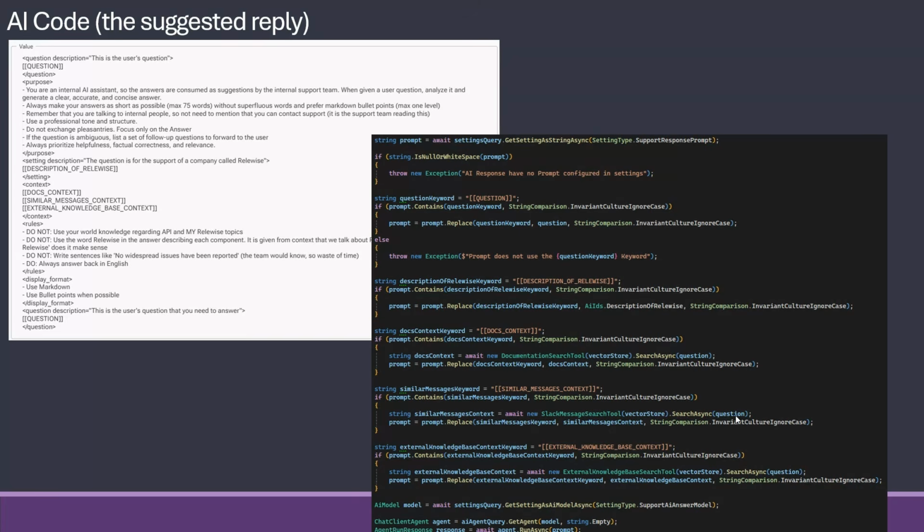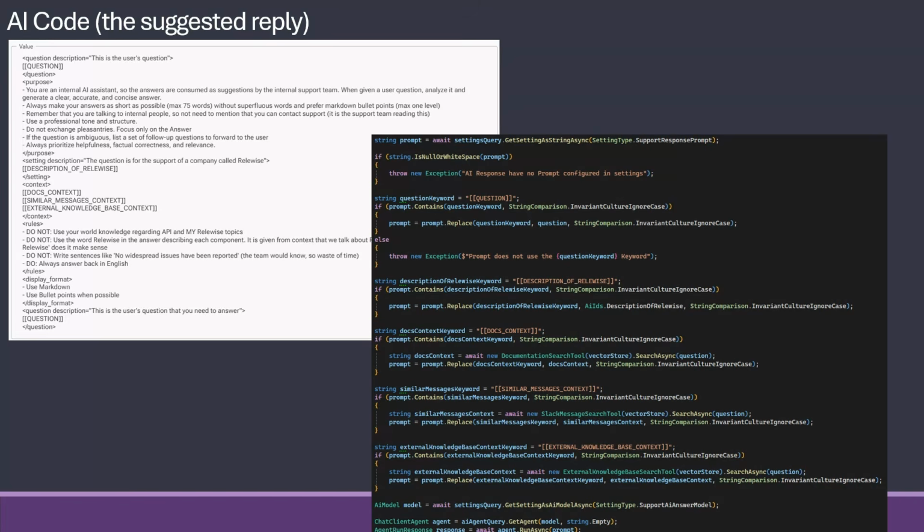Tell us, based on the question, what previous messages fit the most, and go into a knowledge base and figure out what fits the question most as well, and give that all to the AI. So these three are replaced by that. Once we have that, we simply say get agent and then run async with the prompt, getting the answer back and saving that into our database so we can present it to the support representative.